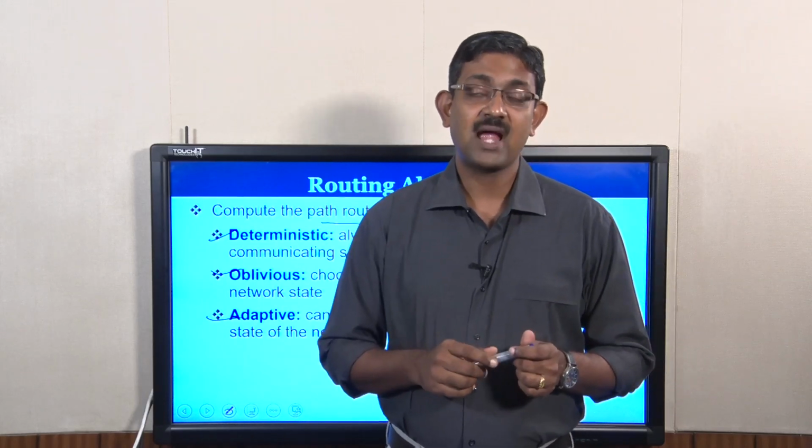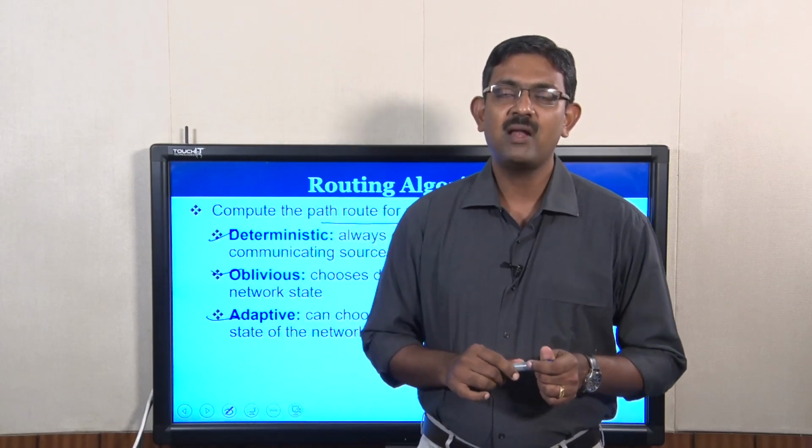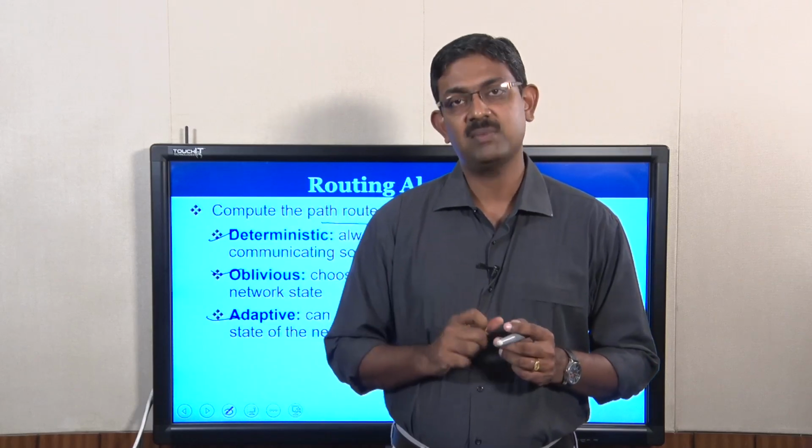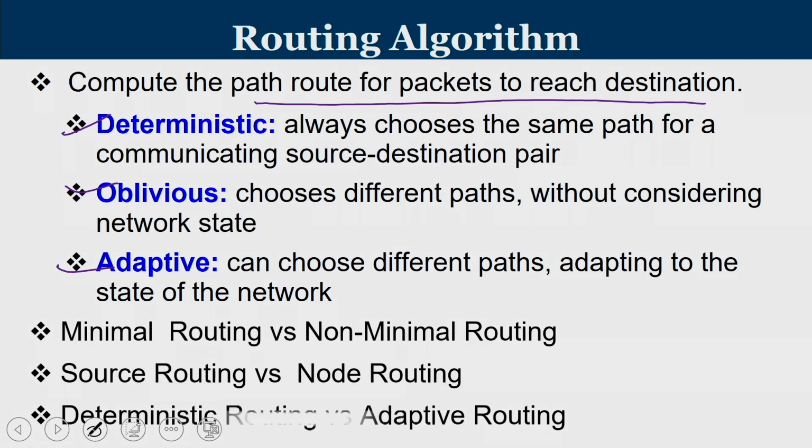The third category is known as adaptive routing, which takes care of the runtime input. The present traffic and topology conditions are studied, and based upon that, appropriate decisions are taken at runtime. That is what is known as adaptive routing. So that is one level of classification. Similarly, we have three more levels of classification. The first one is called minimal routing versus non-minimal routing. Minimal routing means if a packet at every step is coming closer to the destination, then that is minimal routing. At every hop, my packet is reaching one step closer to the destination. If this minimality is not imposed, then it is called non-minimal routing.